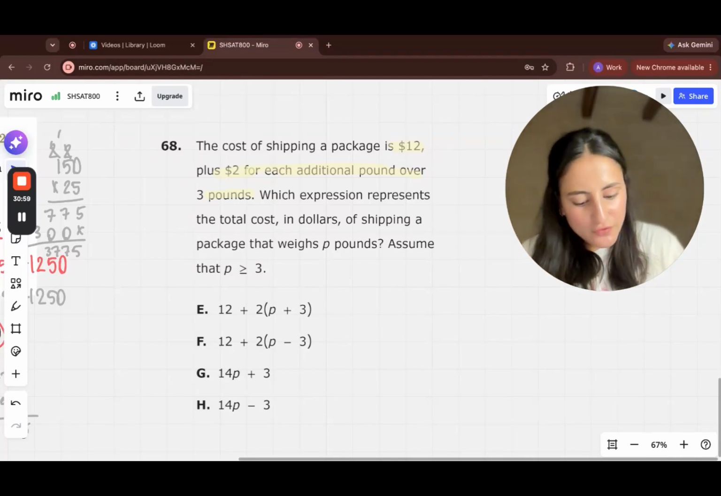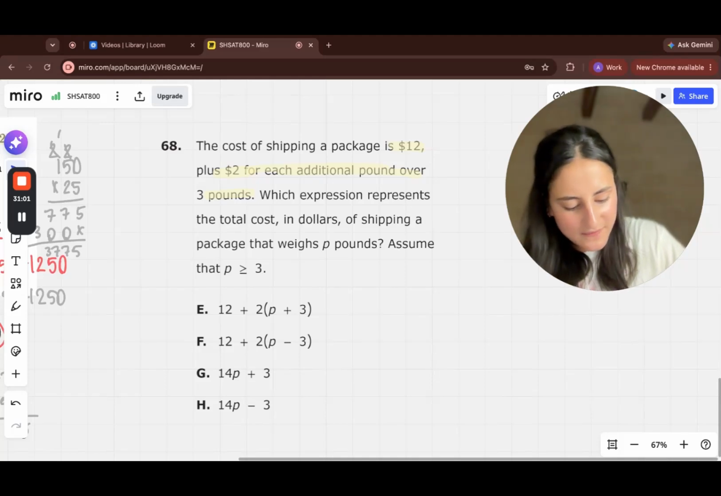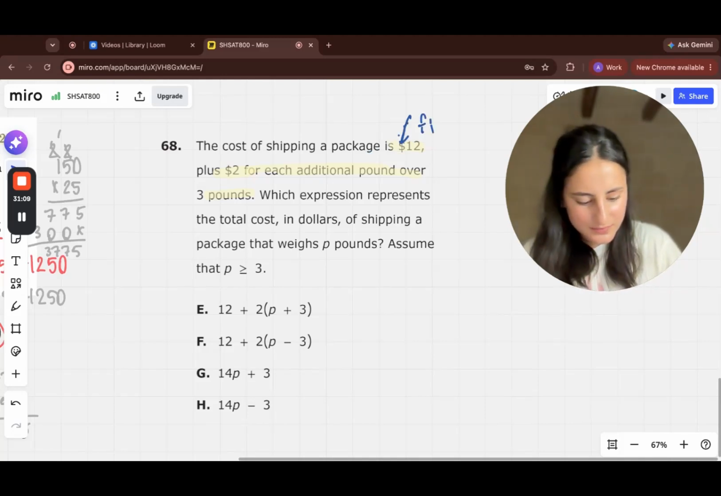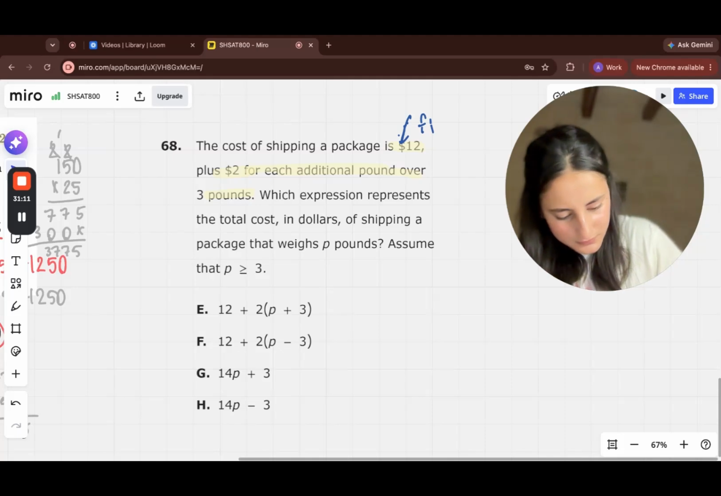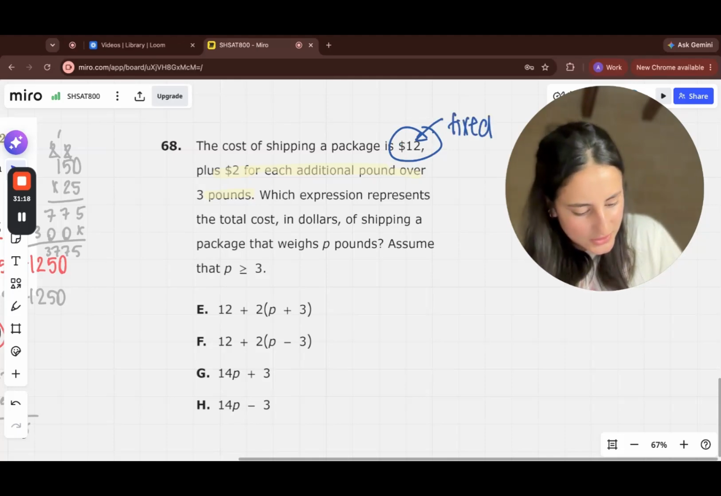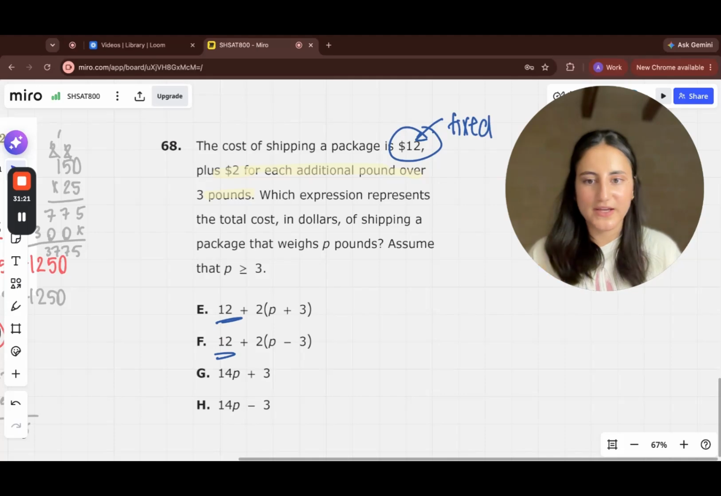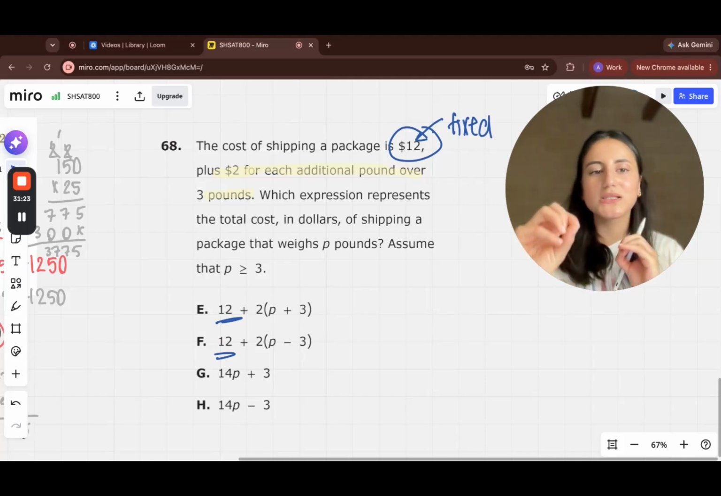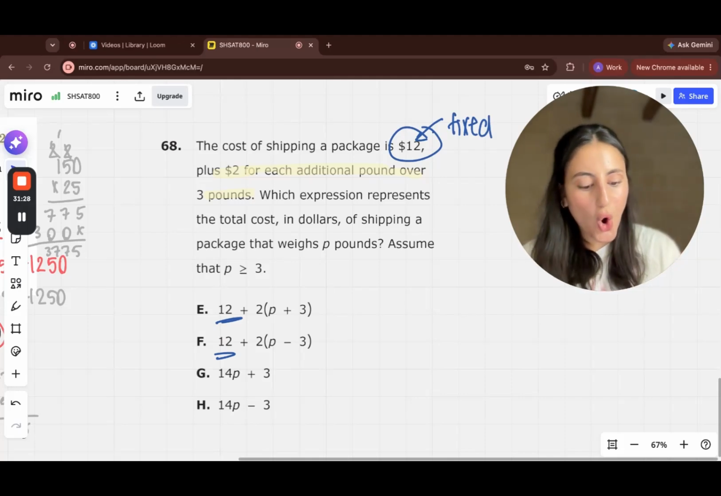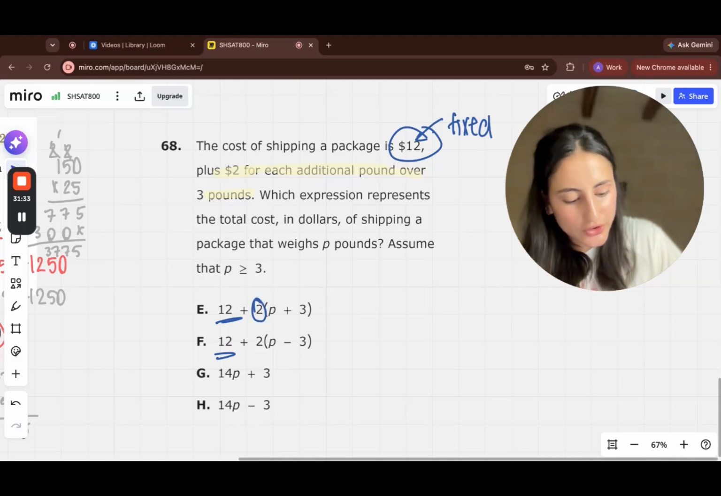Okay, so first let's do what we always do. We identify the fixed cost. So in this case, the fixed one is, let me quickly, I know why it was writing like that, but the fixed cost is that $12. And you can see here that they both set up as the fixed being 12. So I'm leaning towards answer choices E and F. And then plus $2 for each additional pound over 3 pounds, which means that we should only be charging $2